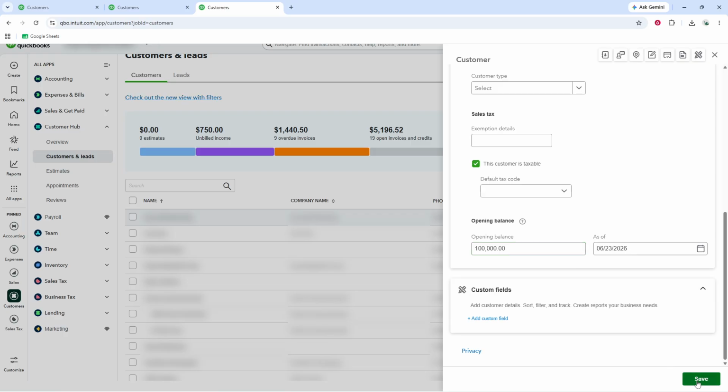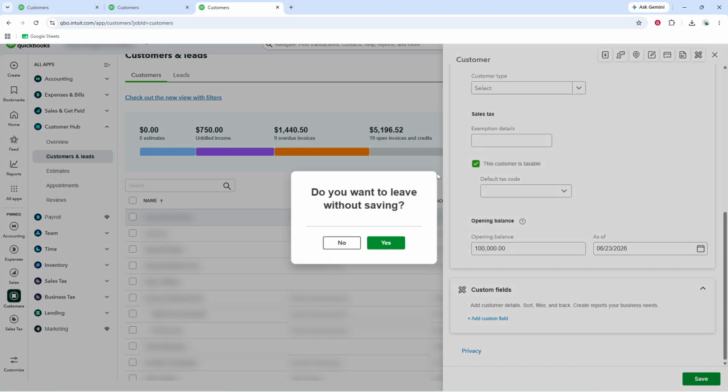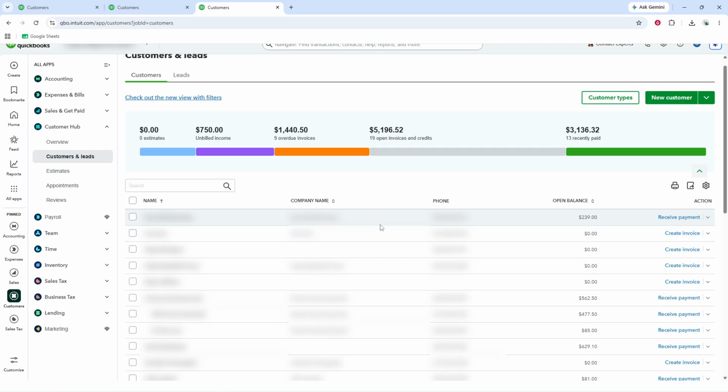QuickBooks will then add the customer to your records, along with the opening balance you entered. Finally, verify that the customer has been added successfully and that the opening balance appears correctly in their profile. This last check is a simple but important step because it confirms that your customer setup is complete and accurate